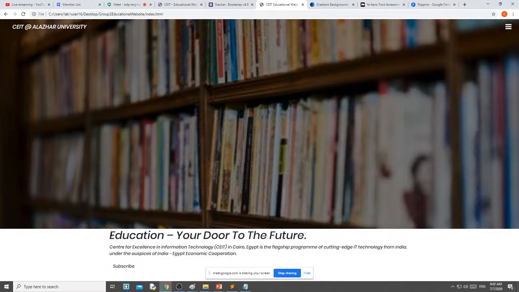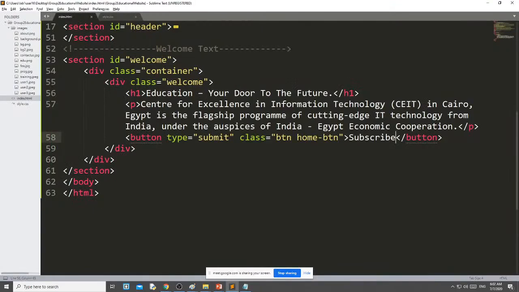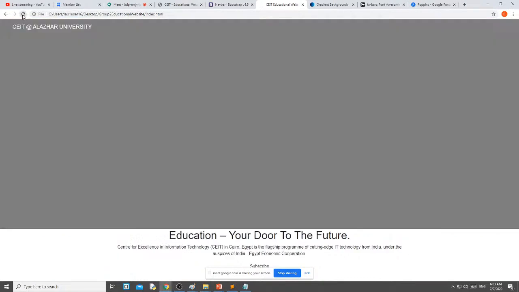Now I want these things in center. Then what I can do here, this div I can use the predefined class of Bootstrap text center. The text will become center.